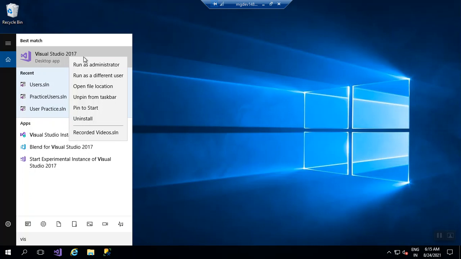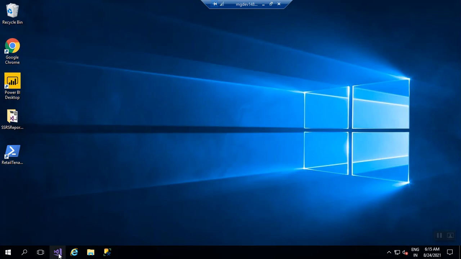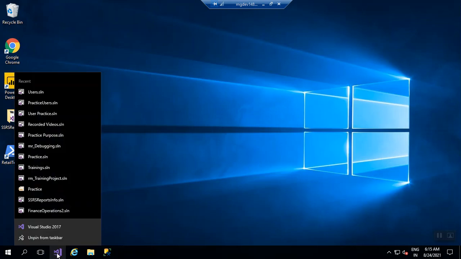Okay, once you have Visual Studio opened, you will see the Visual Studio icon in the taskbar at the bottom of your screen. See here, you will be able to see this, right? At the bottom of your screen, you have to right click on this icon. You'll be able to see this particular page, this Visual Studio. And again, you have to right click on this application name. So what you can see is there is a properties option, right? You have to click on properties.